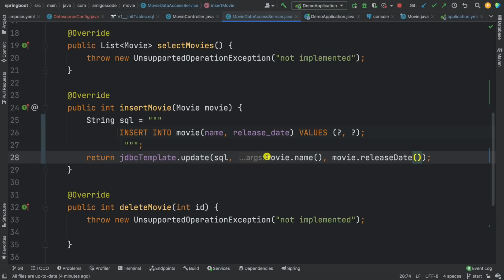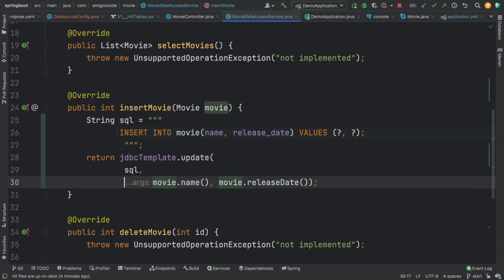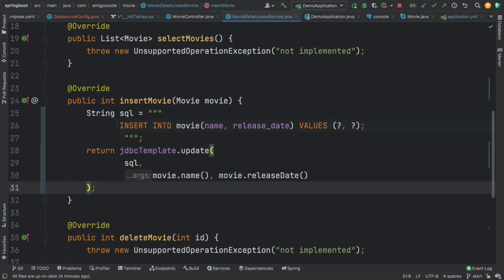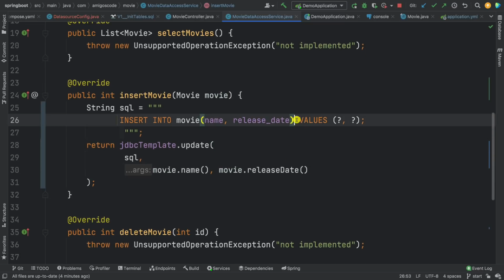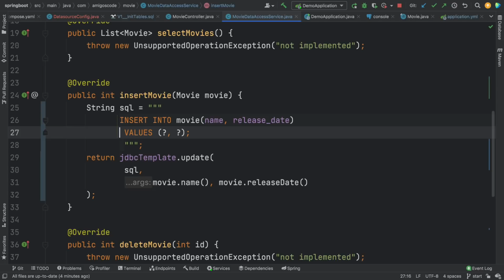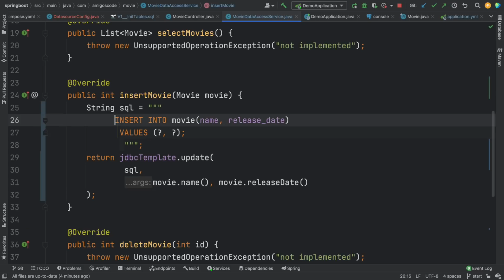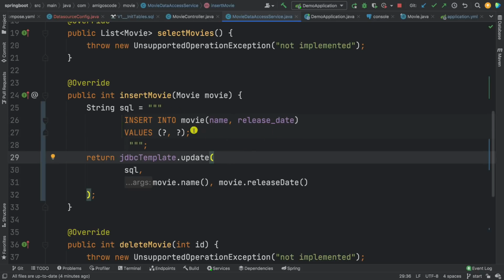So these are the arguments that we are passing. So let me just put this like this. There we go, so you can see properly. Also, I like to indent my SQL just like this. And hopefully if I press yes, so if I indent this or format, you can see that this is nicely formatted now. So we have insert into movie, values, question mark,